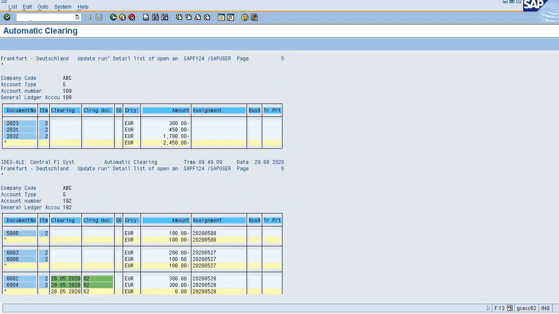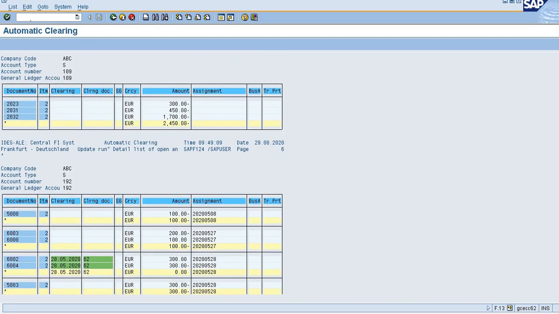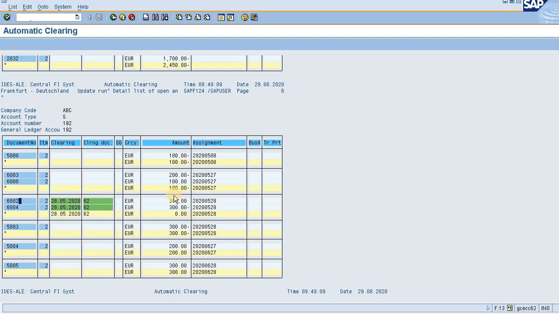I need to scroll down. There, see this one, these are the two items again for which SAP has shown us the green signal. See, 300, and the same has got cleared here. The clearing document is 62, that is also shown. Initially it was showing the clearing dates, document number and amount which I agreed to clear, and once I took the test run off and executed in production mode, it is showing me the document number, means it is cleared. Against this document it is cleared. So this is the overall theory of F.13 automatic clearing.